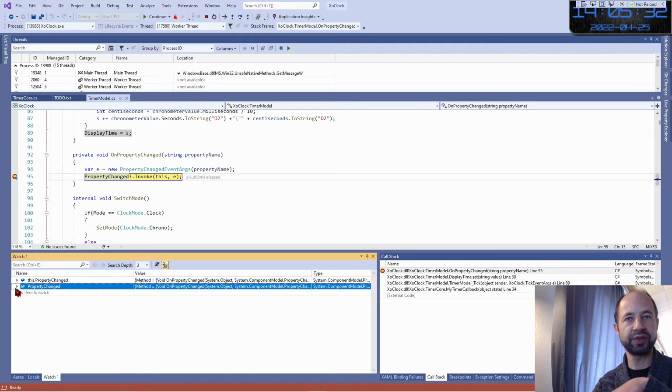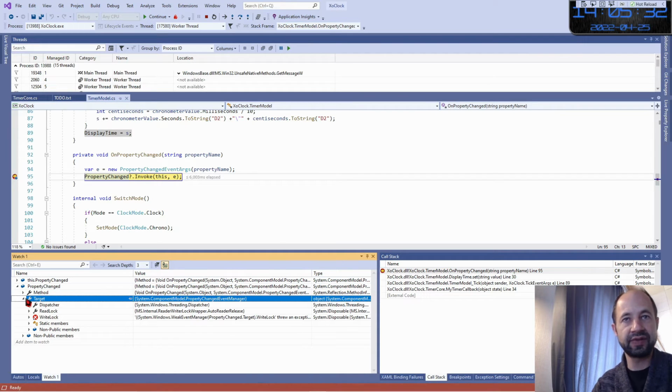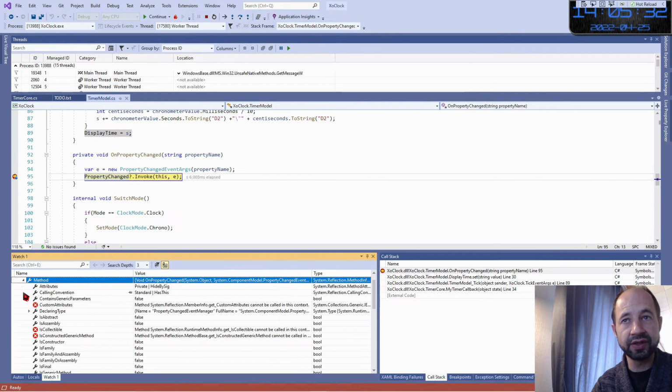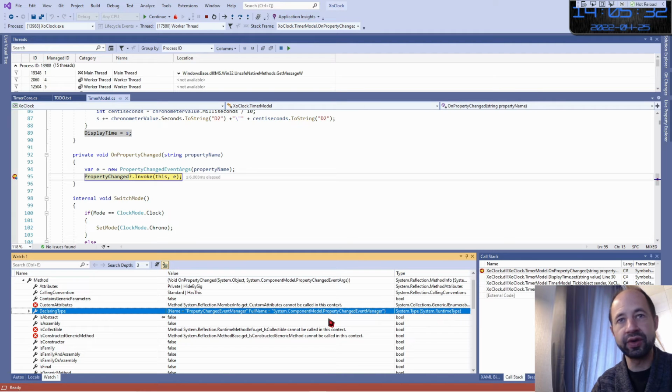Here we see the property change event, which has been filled up, and we see the target field. The target, or the method field here, is displaying who has registered. And you see here the full name: System.ComponentModel.PropertyChangedEventManager.